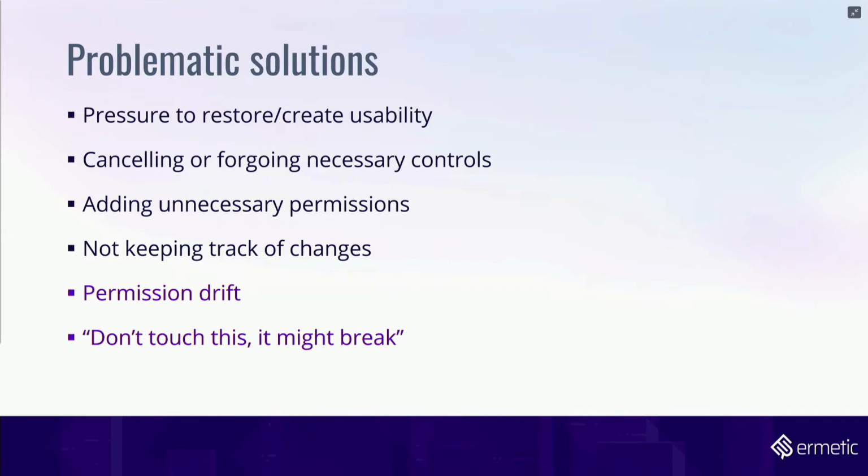And under the pressure to restore or facilitate usability, we can end up canceling or forgoing these controls, right? We all know this story. Let's say that same developer's Lambda isn't working. We add a permission to the Lambda execution role. Then we see that that execution role has a boundary. We take something off it. Then we add an explicit allow in the bucket policy. And then we find out that whatever, it was an SCP all along or a condition all along, and we don't really roll back all the changes we made along the way. This both causes permission drift and also causes the "don't touch this, this might break" type of situation where